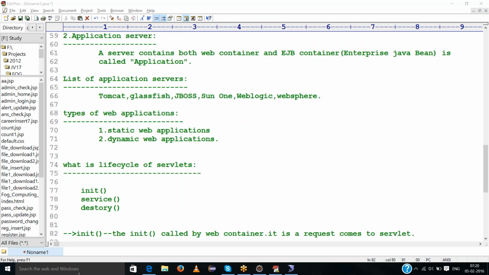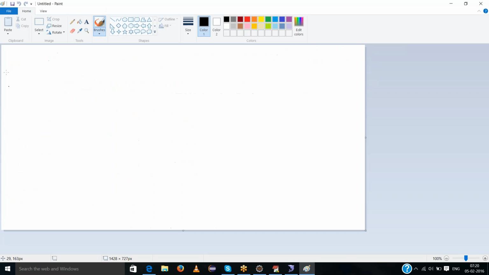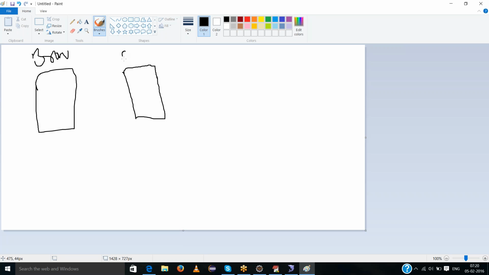For example, there is a browser, a container, and a database.